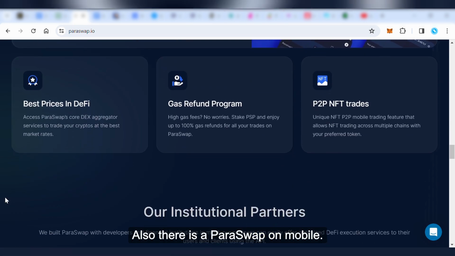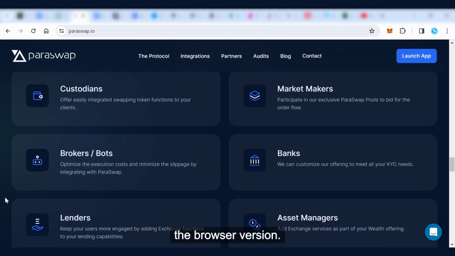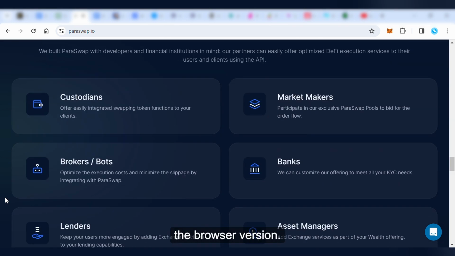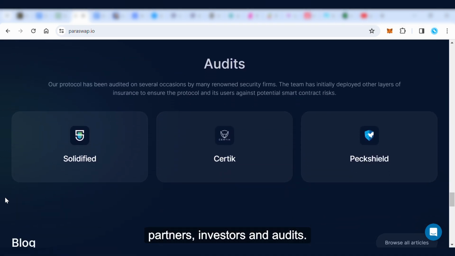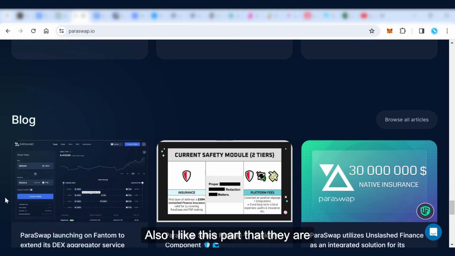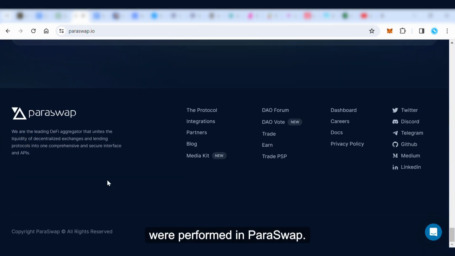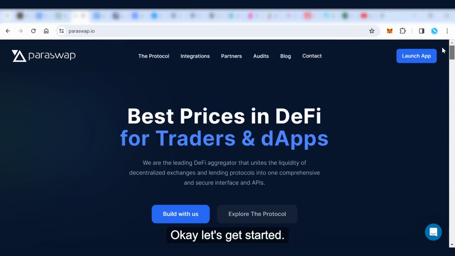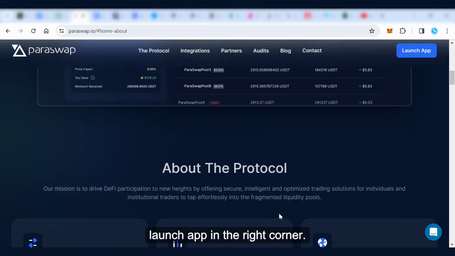Also, there is Paraswap on mobile, the mobile version, but I will stick to the browser version. Institutional partners, investors, and audits. Also, I like this part that they're showing the audits that were performed on Paraswap. Okay, let's get started. We start with Explore the Protocol, Launch app